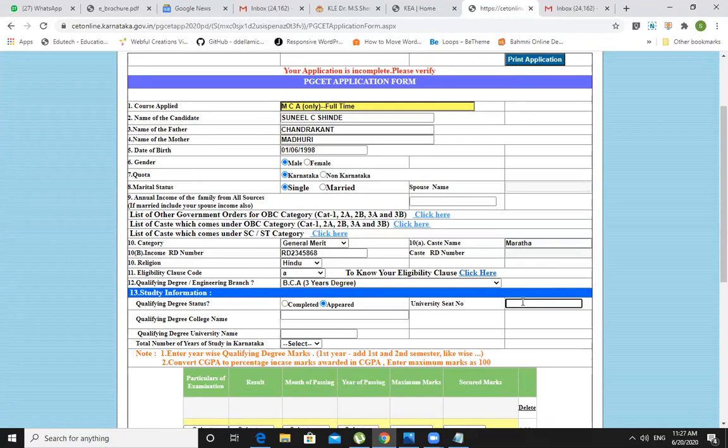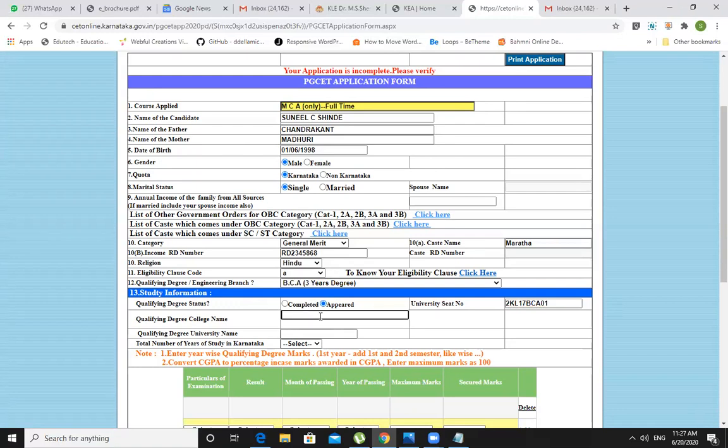Okay. And here you need to have your university seat number. Okay. That might be anything actually. 2KL17BCA01. Okay. Then here qualifying degree college name.